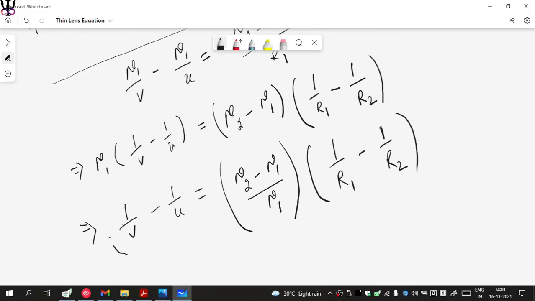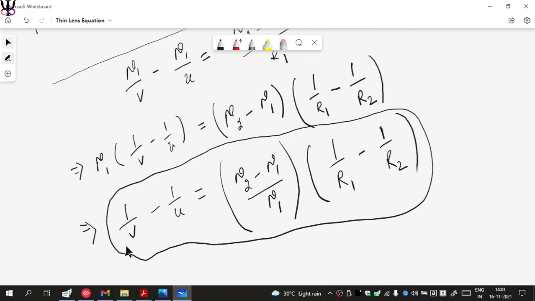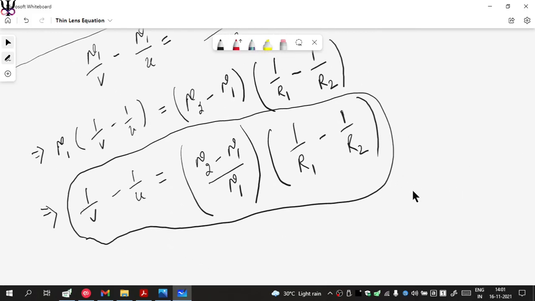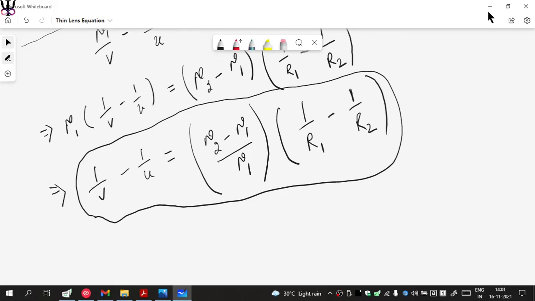So this becomes your thin lens equation. Sometimes what we do is we write the second term. First of all, if your thin lens is like this, and this is the principal axis, paraxial rays travel from infinity parallel to the axis. Whenever rays parallel to the principal axis are incident on a lens, the emergent rays pass through the focus, so the image distance is nothing but the focal distance. So v becomes f, right?